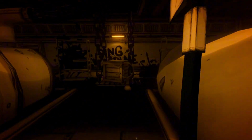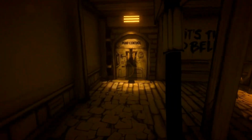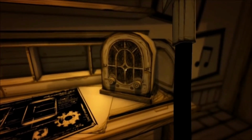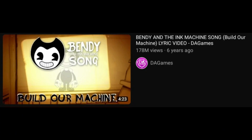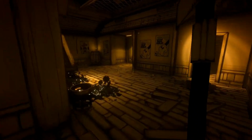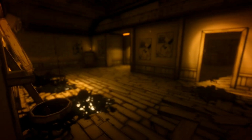At the end of the room, there is a searcher with the hat on that you have to drop a crate on to get the valve. You can now go to Sammy's office and drain the stairwell. Also in Sammy's office, there is a radio that plays Build Our Machine by DA Games, possibly the most famous Bendy fan song. Heading back to the stairwell, we get hit in the head by an axe by that mysterious